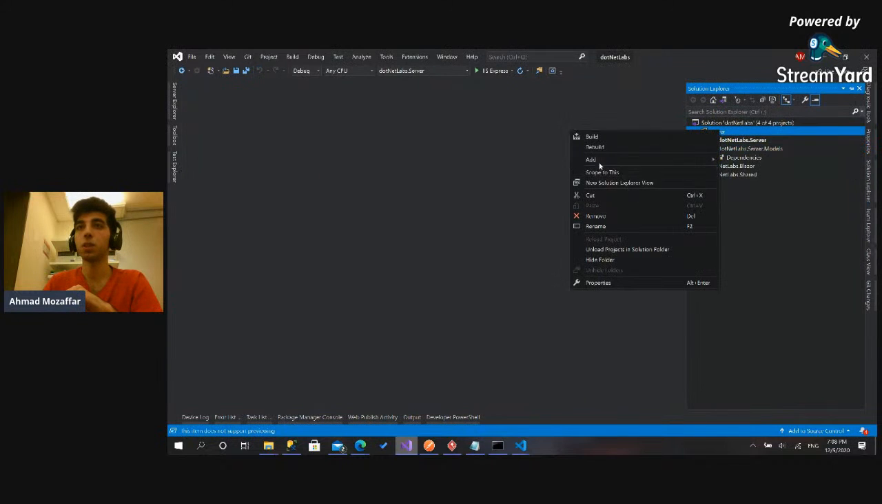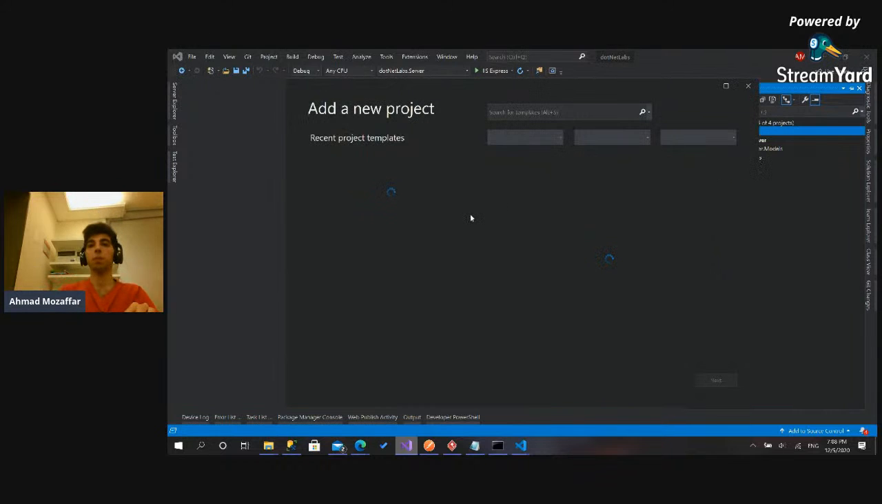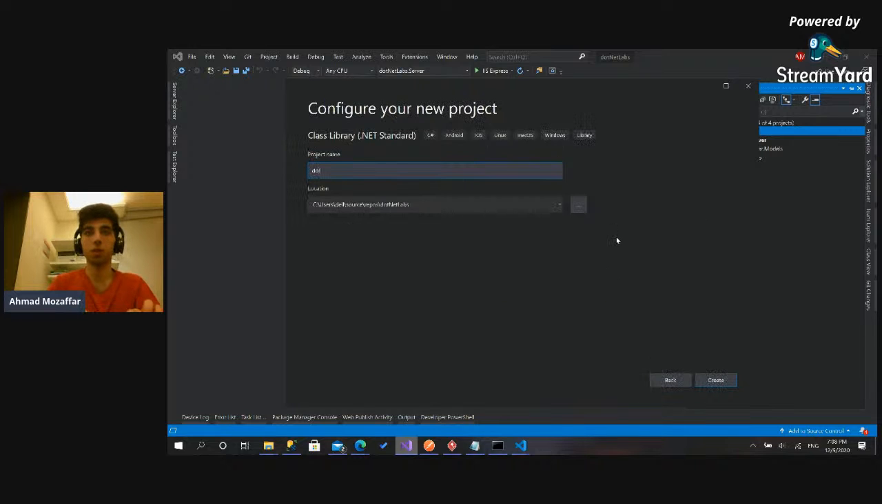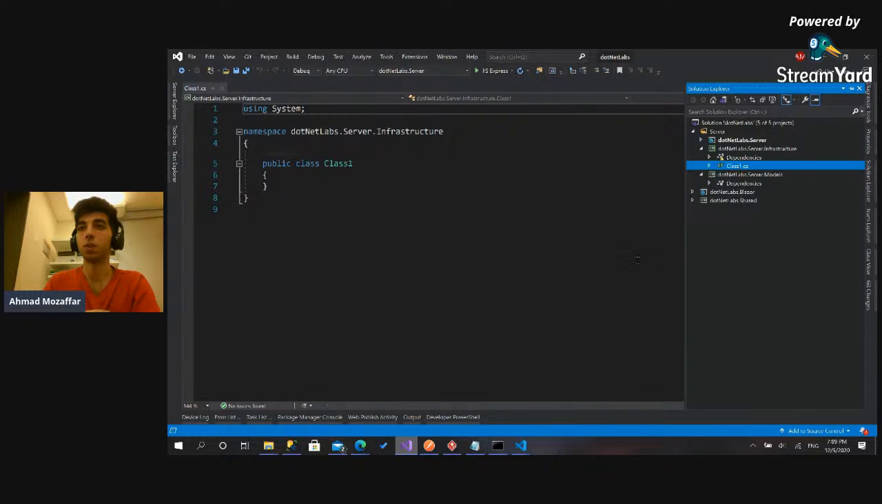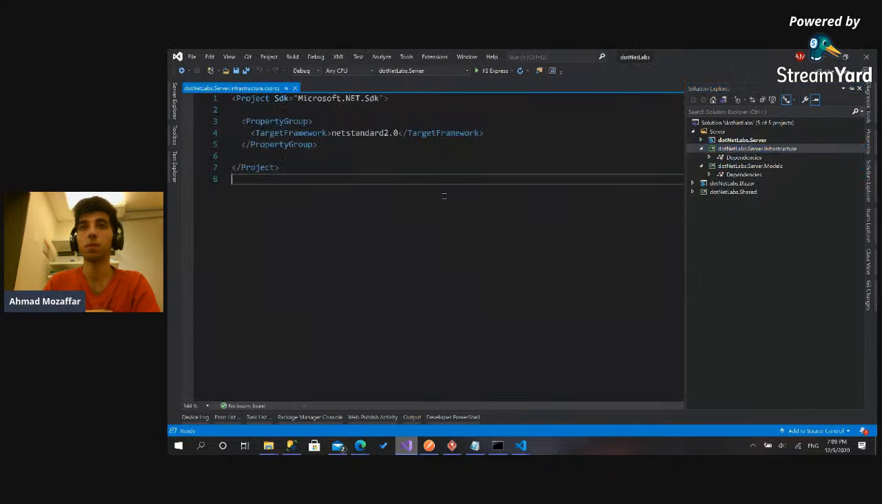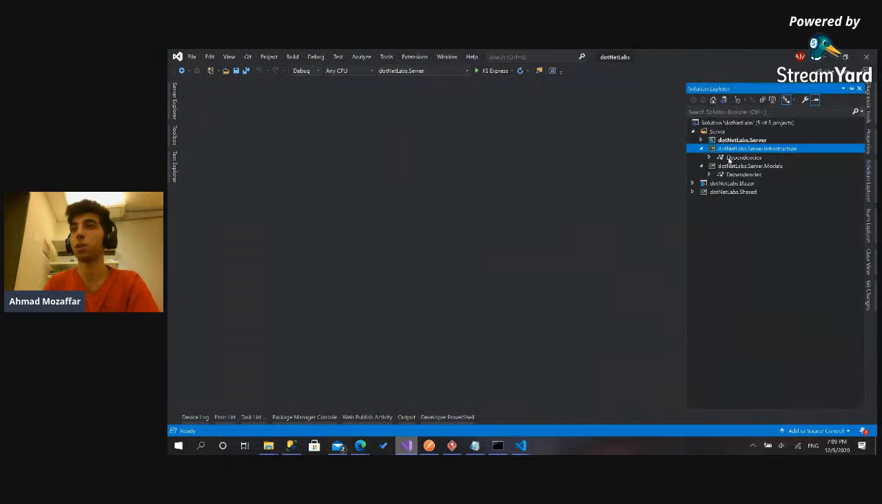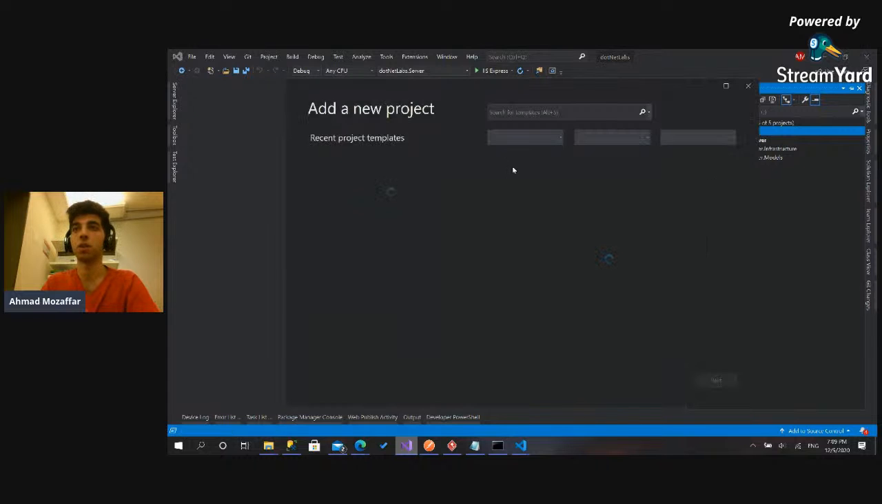Create another project, also class library, NetLabs.Server.Infrastructure. Do the same. This one will contain just a set of options and attributes that we will use in the other layers, and then